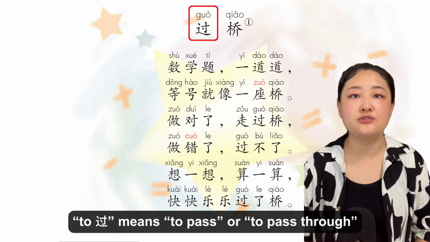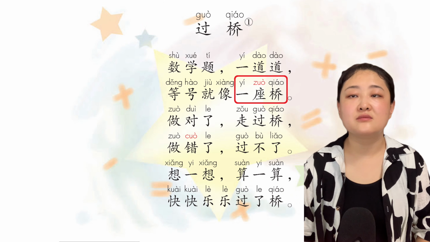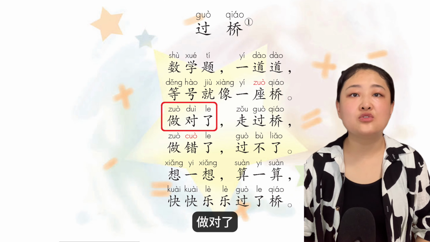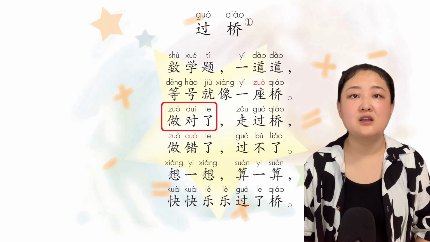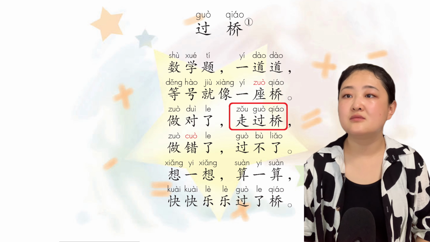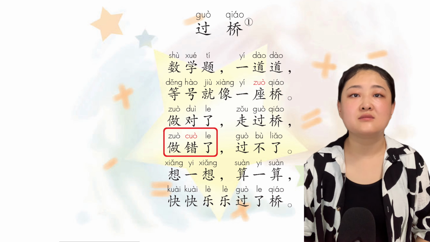Repeat after me this nursery rhyme. 数学题,一道道。等号就像一座桥。做对了,走过桥。做错了,过不了。想一想,算一算。快快乐乐过了桥。